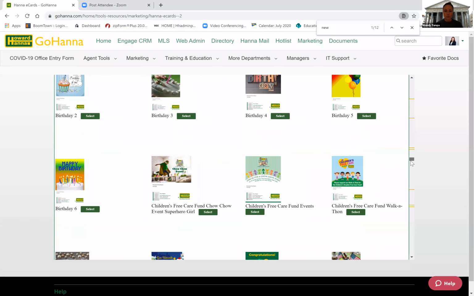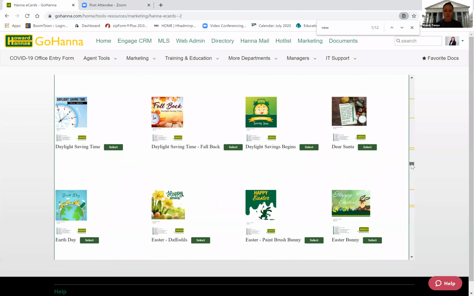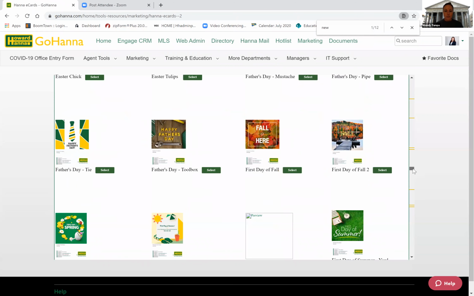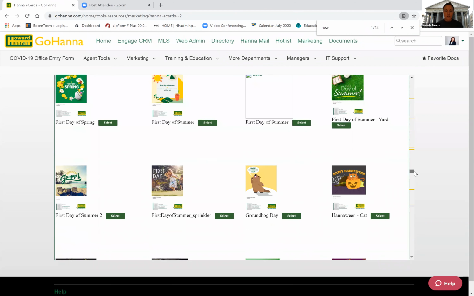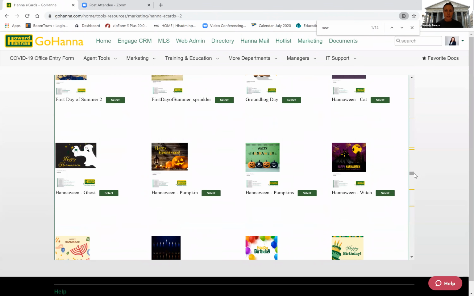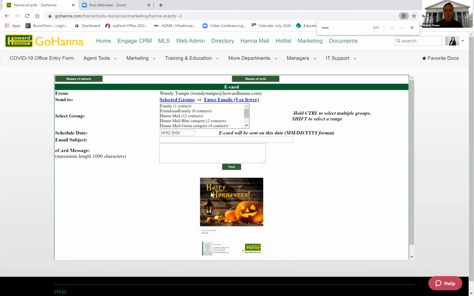Probably alphabetical. Birthday, congratulations, daylight savings, Easter, F for Father's Day, first day of summer, here we go. So here are a few cards to select if you want to send a Halloween card, but notice that it's been Hannatized and it actually says Happy Halloween. So it's a great way for the agent to mark the holiday and mark it themselves, reminding people they're an agent. So if I go ahead and select Happy Halloween, and I want to go ahead and email this,